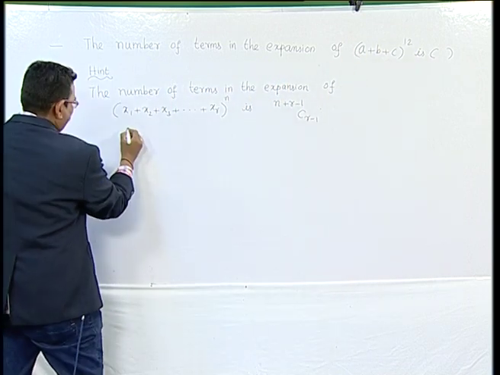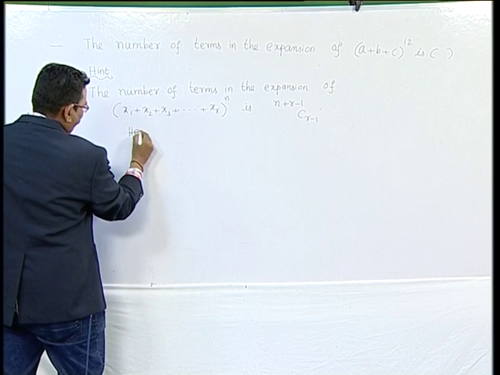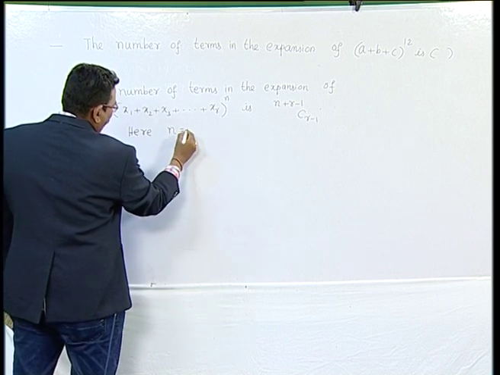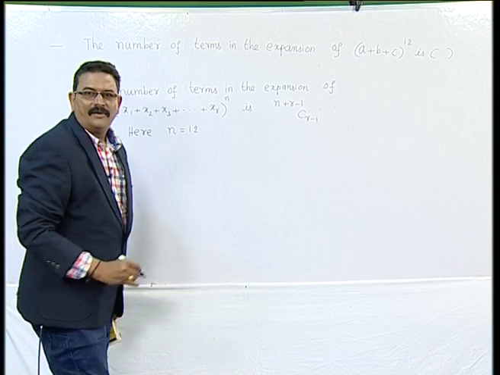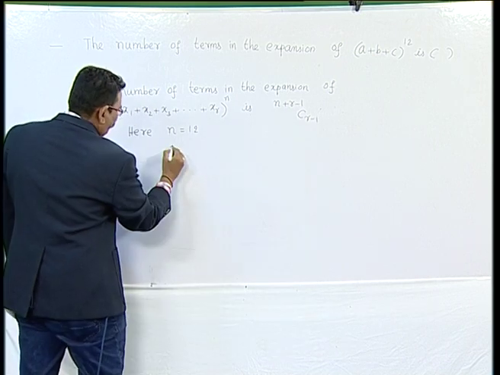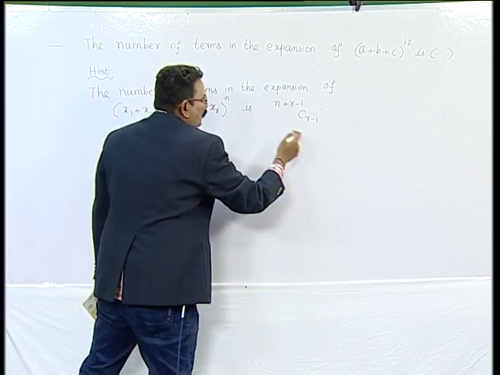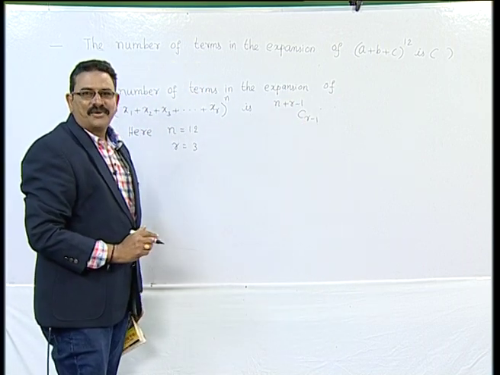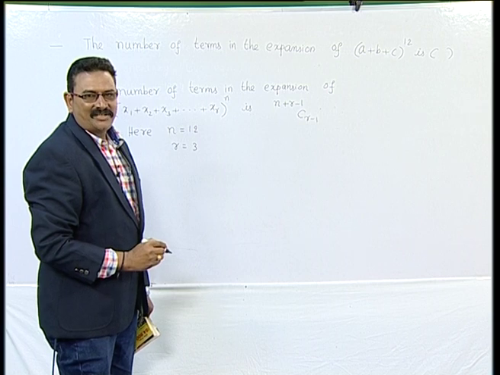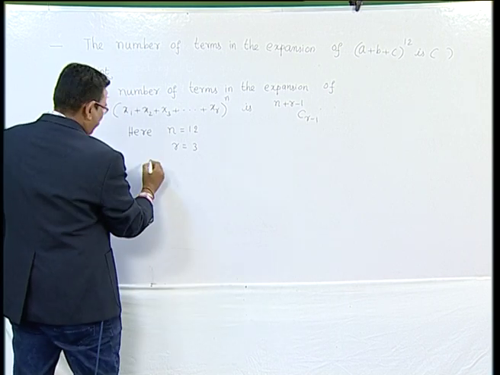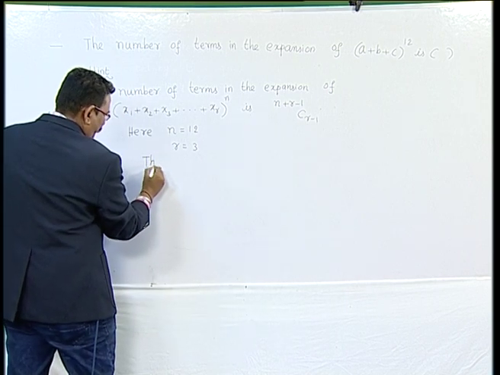So, that means here n is equal to 12 where r is equal to 3. Now, substituting these two values in this formula, we get the number of terms. Okay? Shall we do it? So, that means the number of